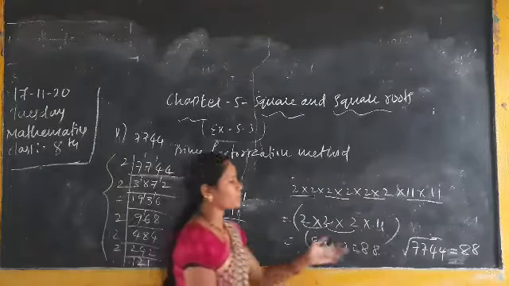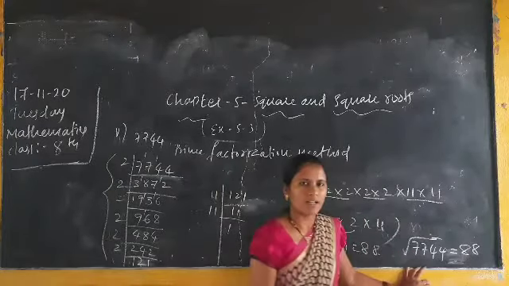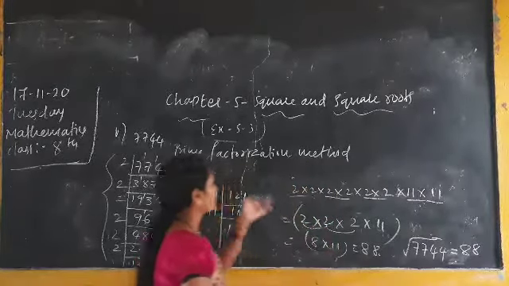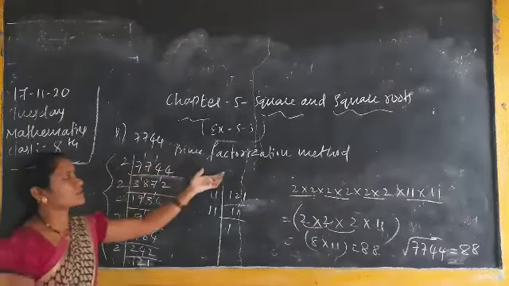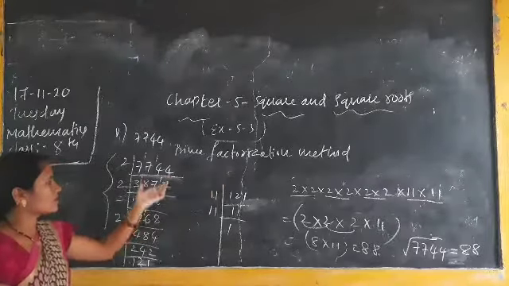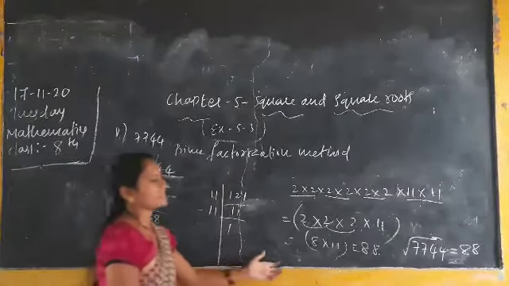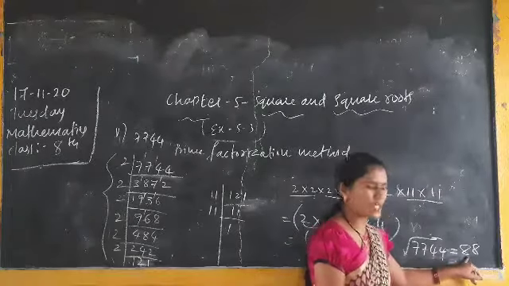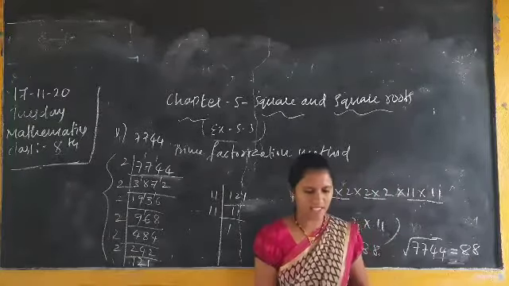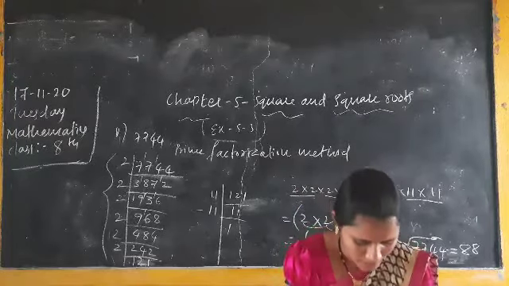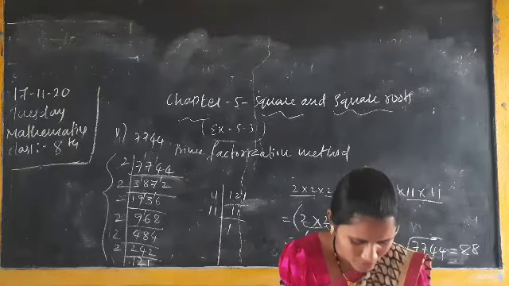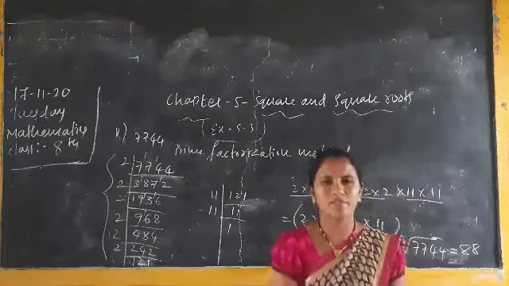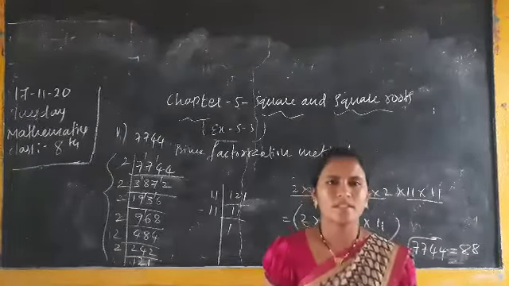Okay, like that you have to solve. Here for bigger ones: root 4 means 2 writing, root 9 means 3 writing. You know already, directly writing. But here if the number is bigger, you have to use the prime factorization method. Solve by this method and you are getting the answer. Square root of 7744 will be 88. Like that you have to solve up to the 10 questions given. I solved 4 questions. You have to do the remaining. You have to take it as homework. Okay, I think all of you understood all this. Thank you.